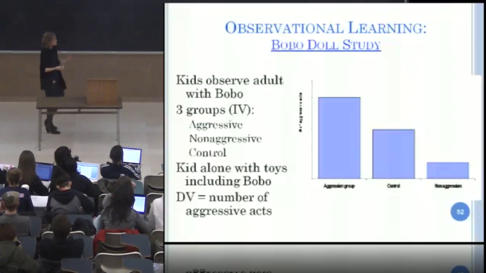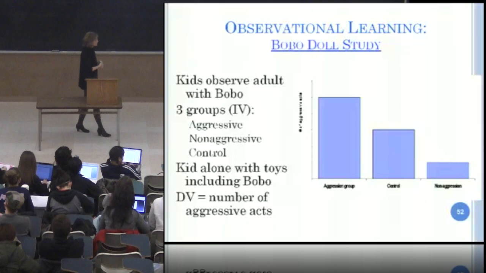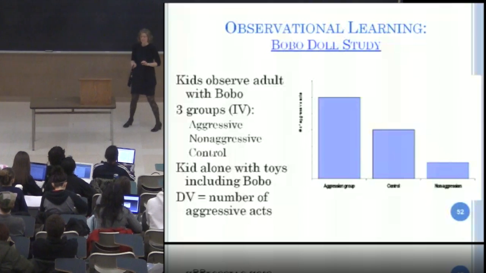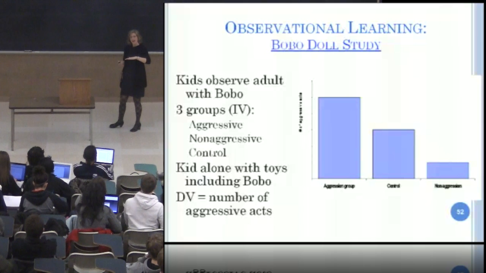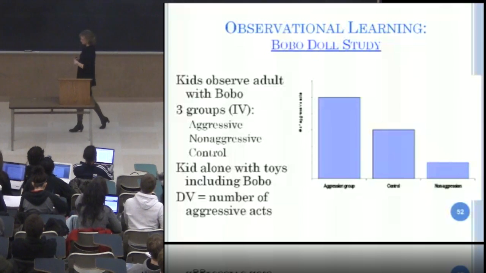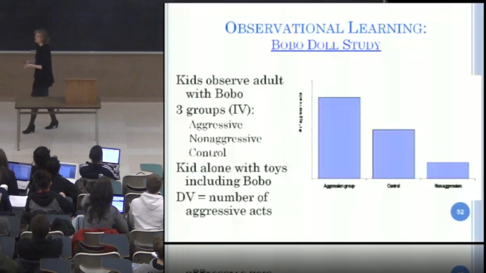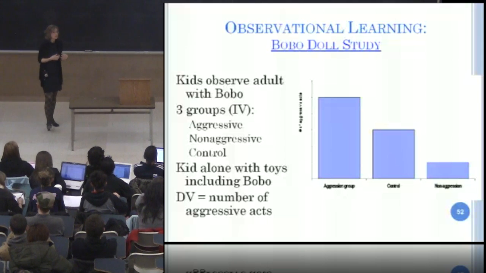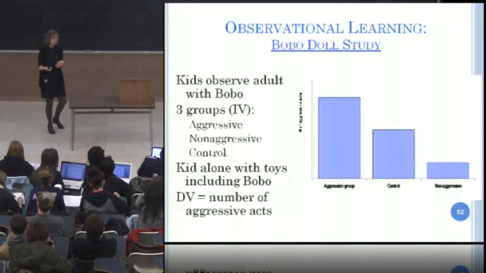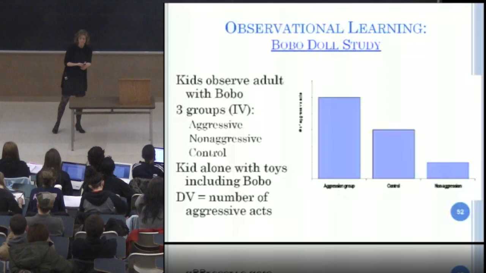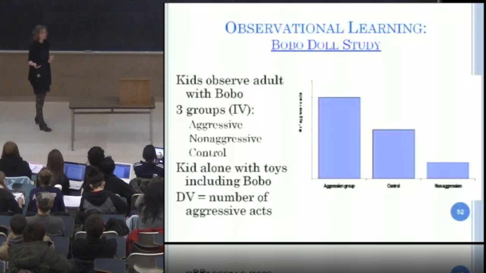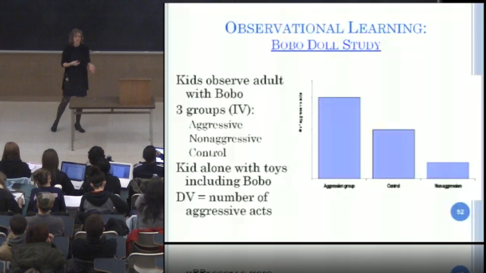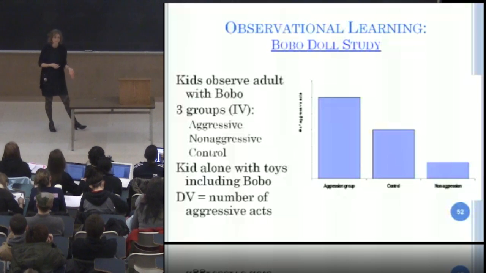So he set up this series of experiments with a Bobo doll, which I have a video for you, and I'll show you in a second. A doll about this high, an inflatable doll. And basically what happened is he'd bring these children into the lab, and he would show them an adult who was basically beating up on the Bobo doll. So this adult was on the other side of the room beating up on this doll. And then they would give the child an opportunity to play with the doll.